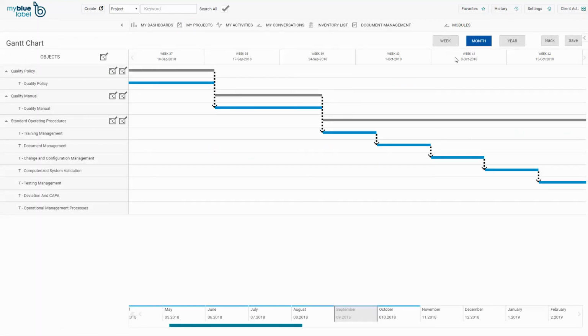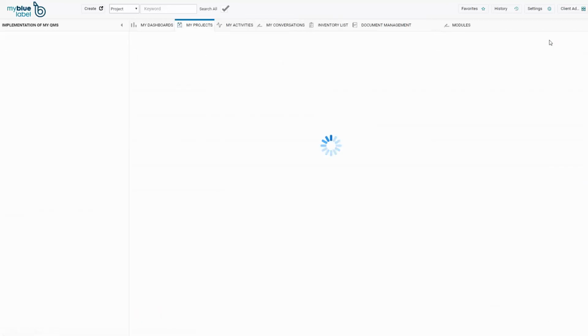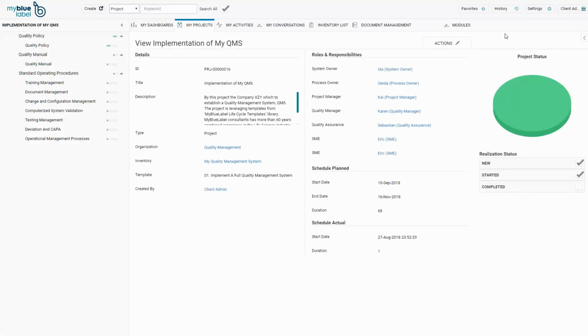The Gantt chart is mainly used to visualize the task dependencies, but the task can also be updated here as well. If requested, the project plan can also be exported to either Excel or XML format, which is compatible with Microsoft Project.